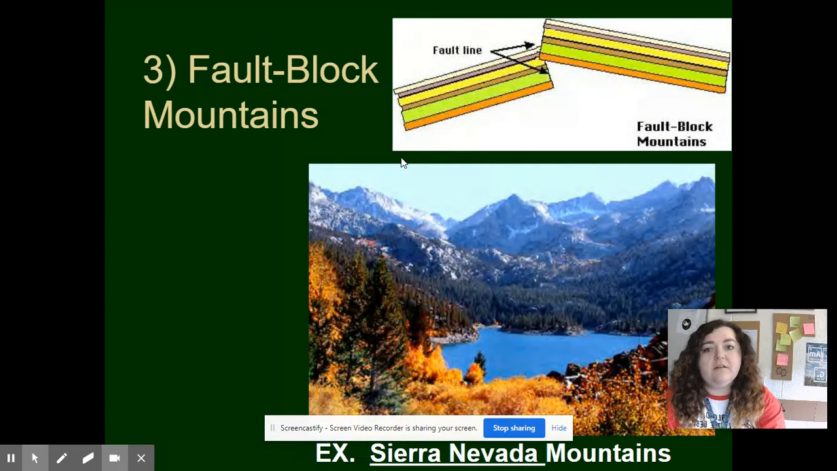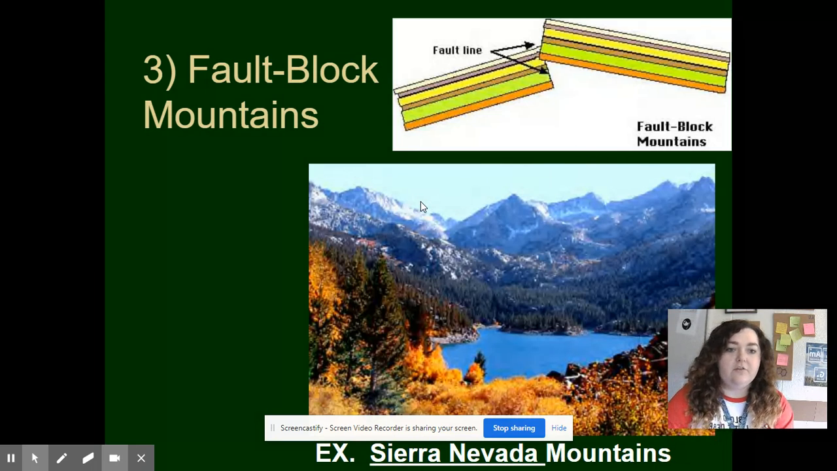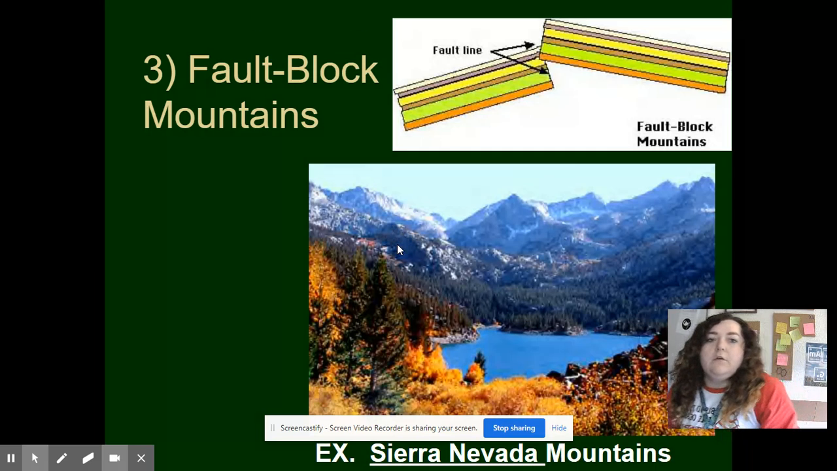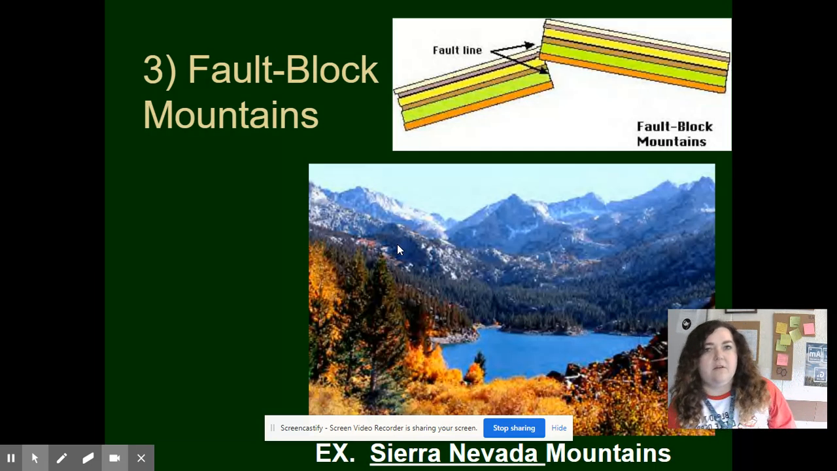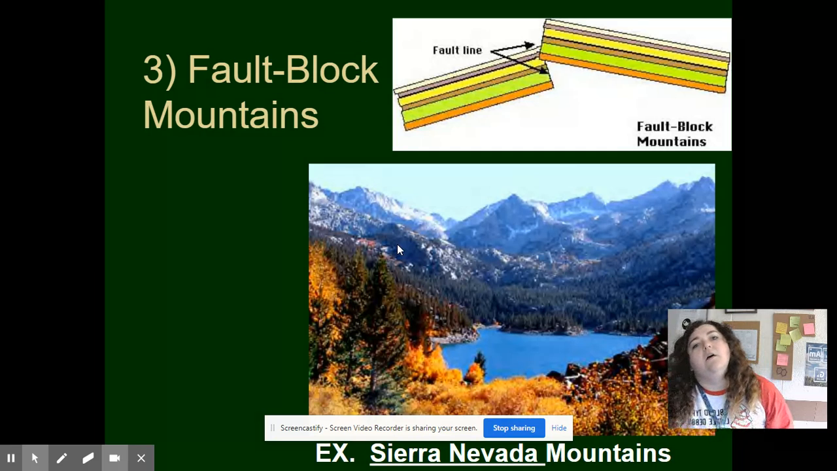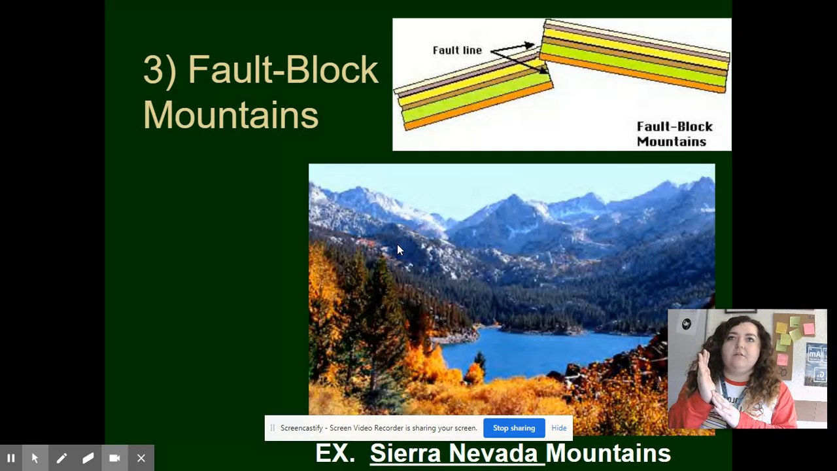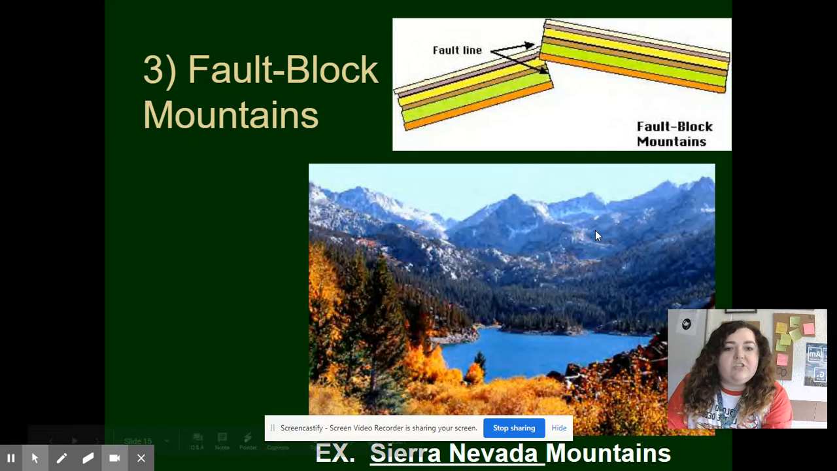The next type of mountain is a fault block mountain. These can be seen out in the Sierra Nevada mountains. You can already tell these are much different than what we've been looking at. They're not as rounded, they're not as dome-shaped, they're not as rolling, they're more sharp and jagged. If you recall, a few videos back or a few classes back, we talked about fault lines. A fault line is just a point in the rock where it's been broken and the two pieces have been moved. So in these fault block mountains, we have a lot of fault lines because they have jaggedly been moved